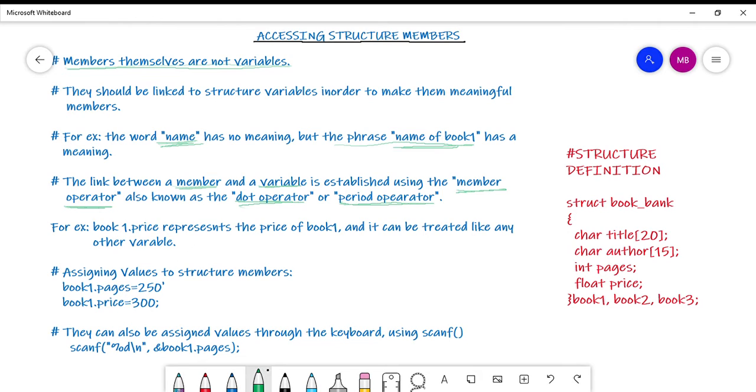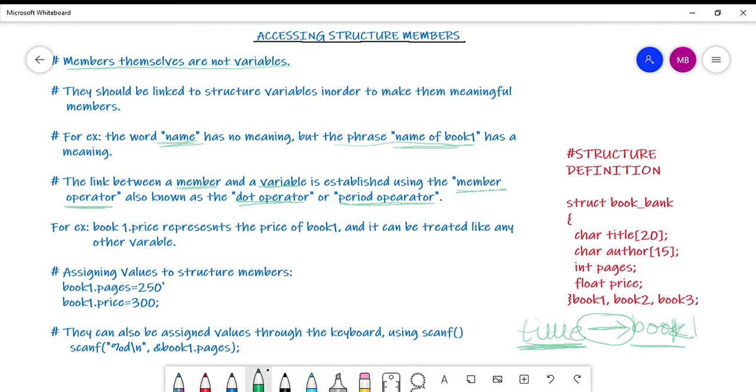Say for example, title is the member here and book 1 is the variable here. So to give meaning to this member title, it has to be linked with this variable here. So now it gets a meaning, title of book 1. So how is this link established between the member and the variable?